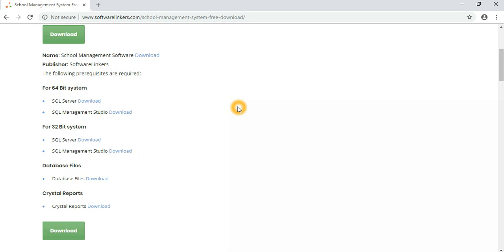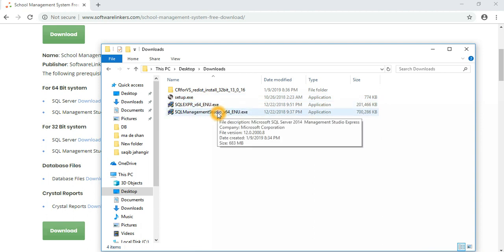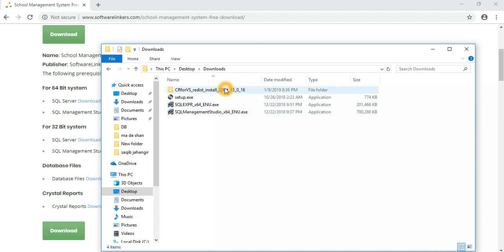I have already downloaded all these files in this folder. This is school management setup, and this is SQL Server and SQL Server Management Studio, and same way this is crystal reports.